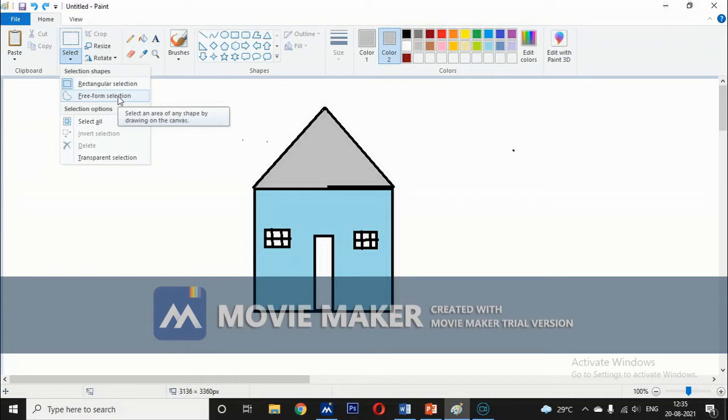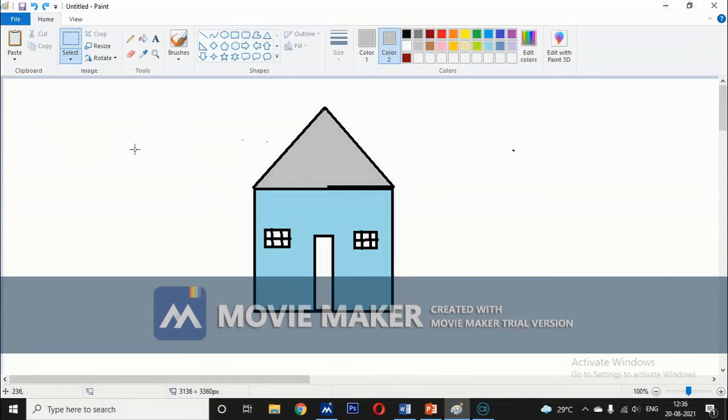Now let's see the first topic, that is moving and copying object. Under this heading there are two subtopics: cut and paste, and copy and paste options. So what is the cut option? The cut option is used to cut the selected object and then paste it into another part of the drawing.